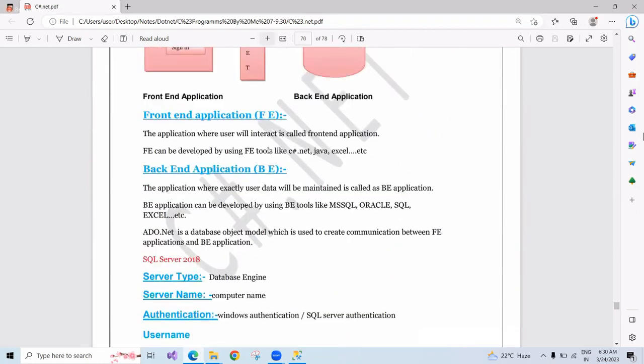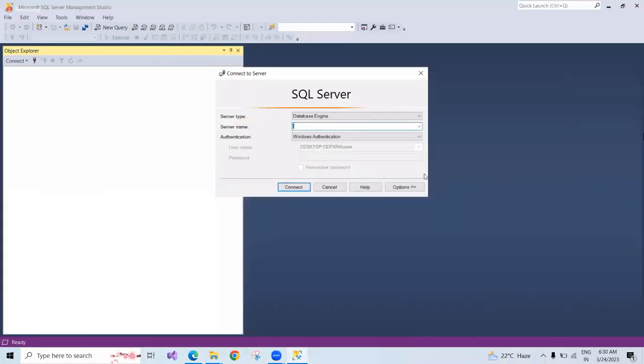For example, when you are trying to log in to facebook.com, you will provide your username and password. That is the place where you are checking your user ID and password. If you don't have proper permissions, then how will you log in to Facebook and access your data? Similarly, if you want to log in to the database,